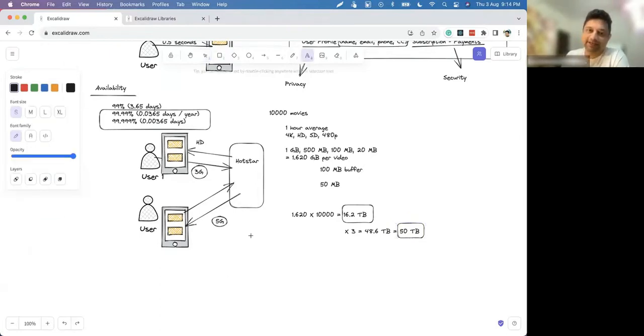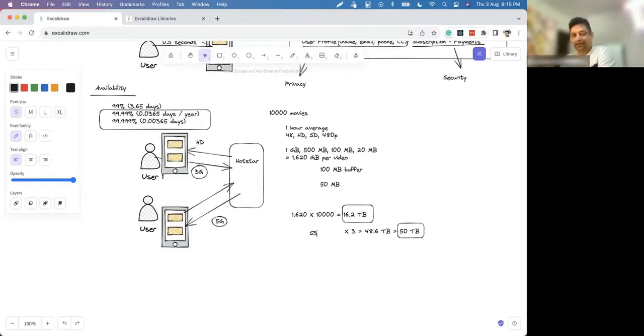So yes, you need S3 for storing videos. S3 is a distributed file system, cloud storage. Amazon has S3, but in Azure and Google's GCP, you may have similar cloud storage or distributed storage which you can use.